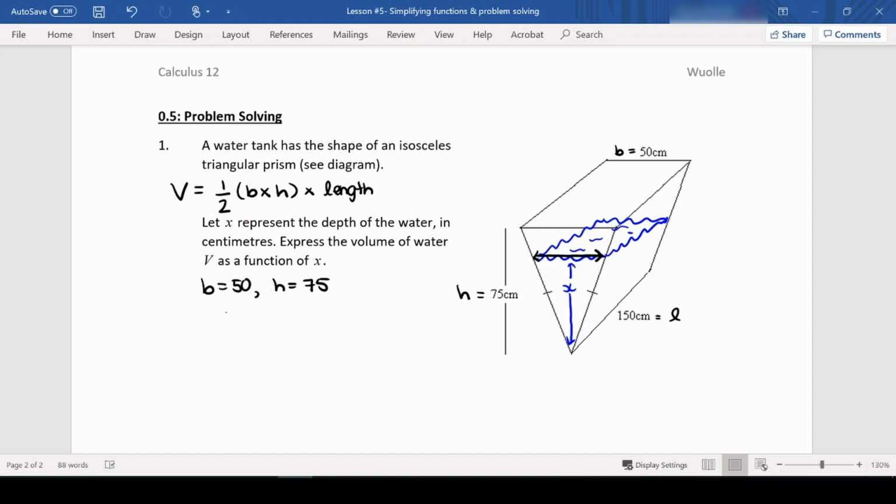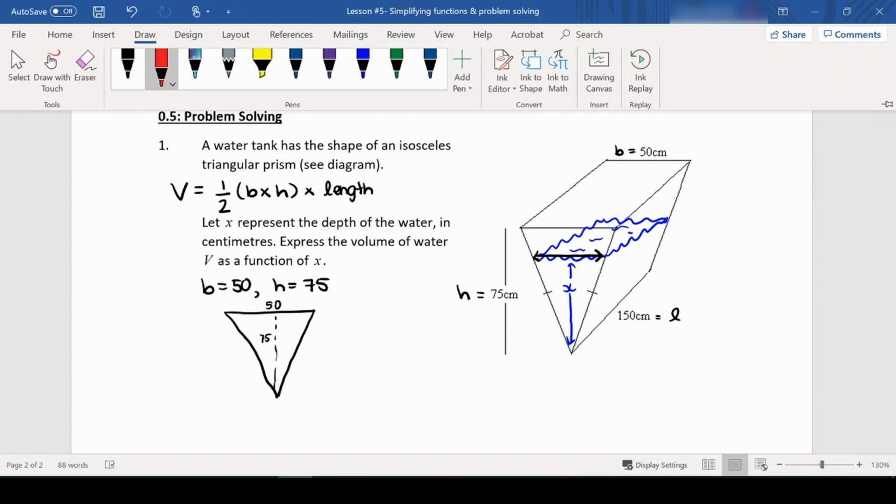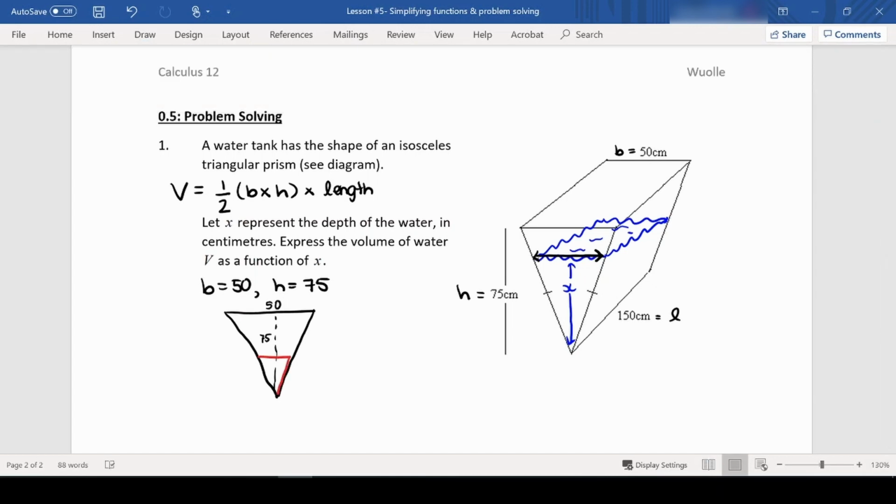Now, if I draw myself a picture that indicates this, okay, if this is 50 and this distance is 75, if I change this height and I draw myself, say, a new triangle here, right? Using similar triangles, the angle in the corner is the same and this one's still 90, which means this angle in the corner must be the same as well. And that means that you must have this triangle here, and then you have this triangle here that must have